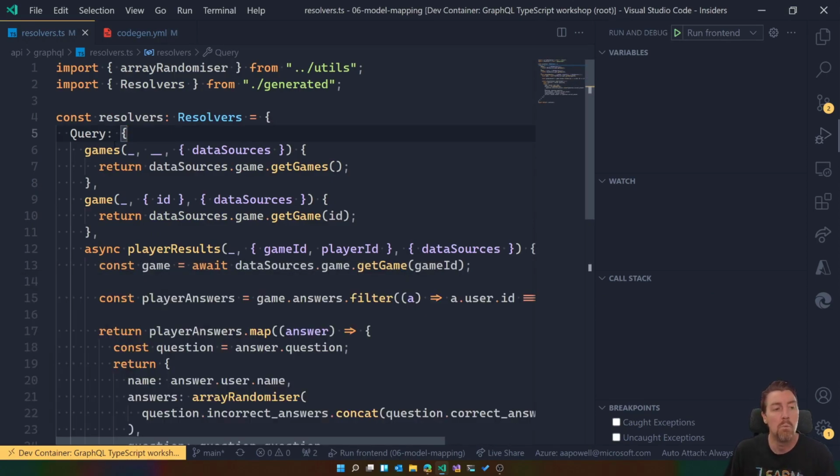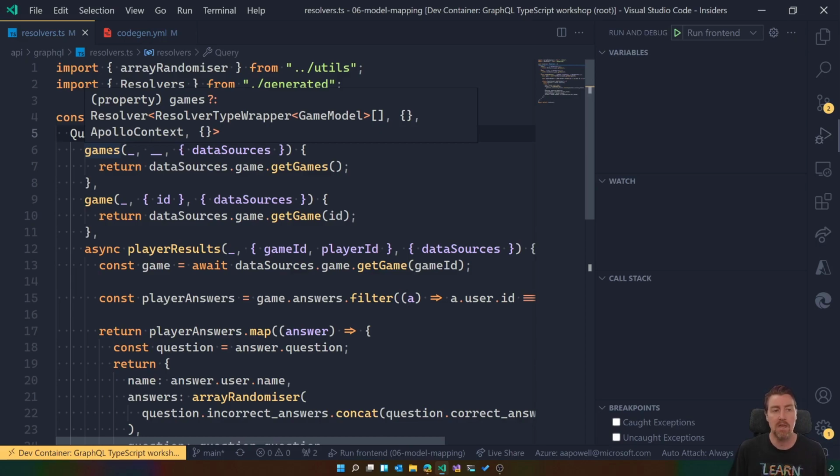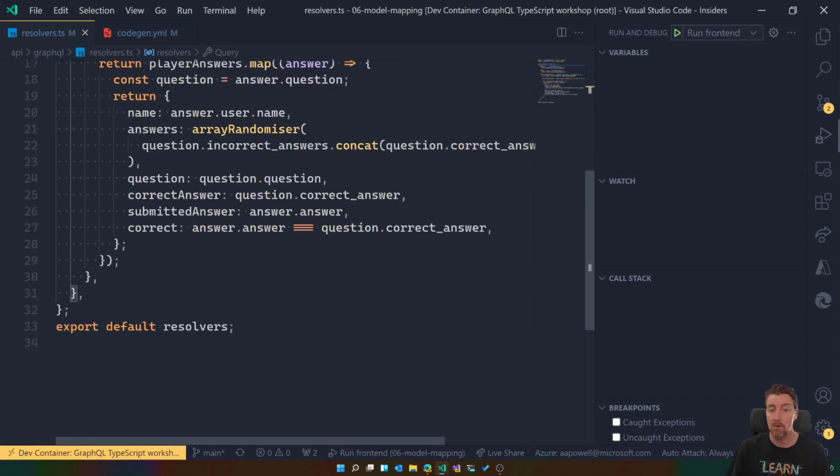So what we're doing is we're saying that the resolver for games is expected to return a game model type, because this is like a root level query. But we're still going to need some way to tell it how to turn a game model into a game that we're expected to return from our GraphQL to our GraphQL clients. Well, for this we can expand the way that our resolvers are written. Right now, our resolver is only designed to work with